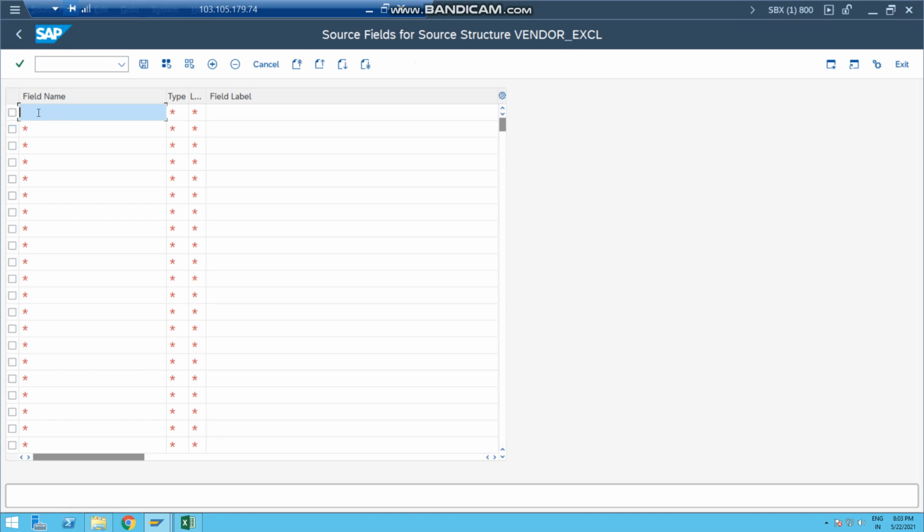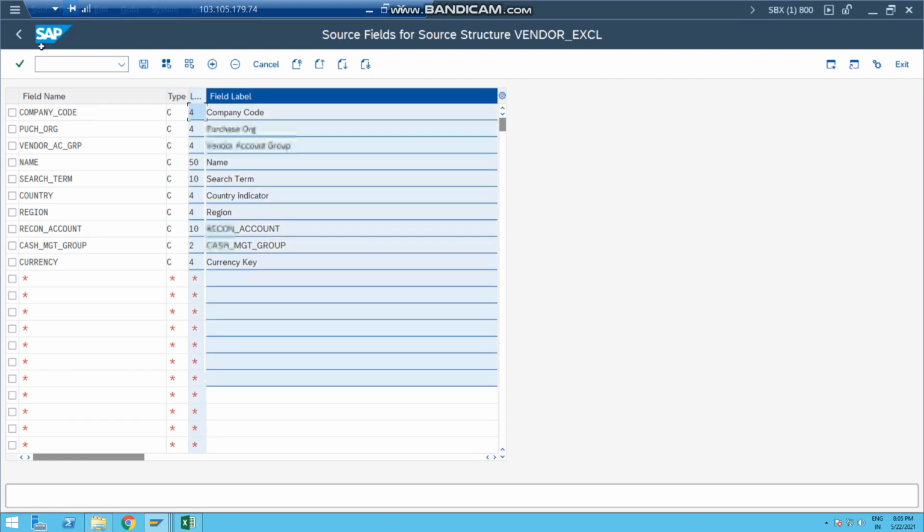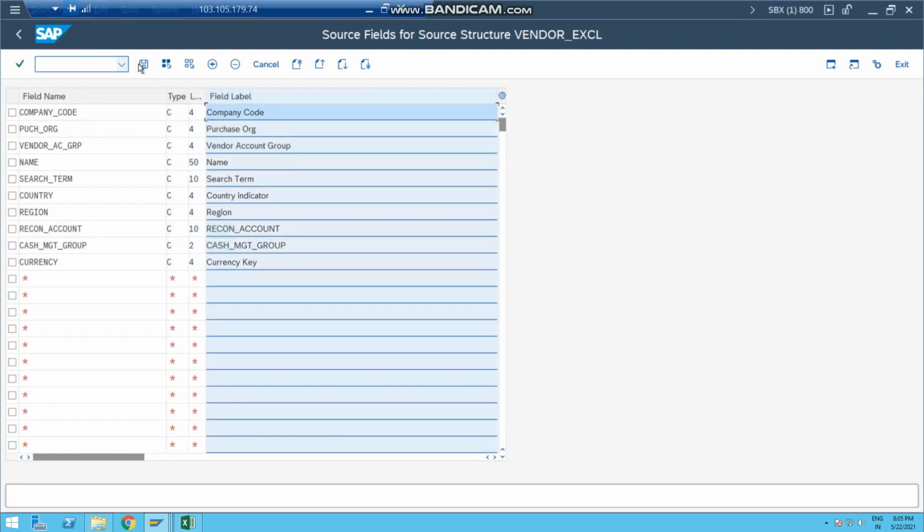So everything is in tabular format, so I can copy and paste from the other Excel file. Okay, so I have just pasted it. You can type and give the field name, its type, length, and all the description, and once it's done, just save it. Yeah,